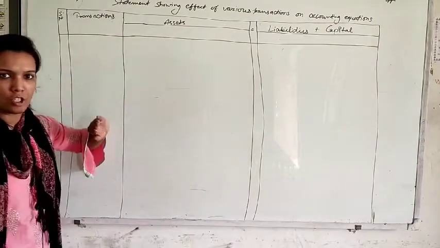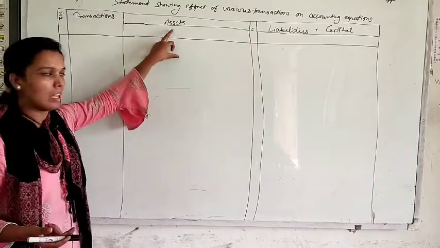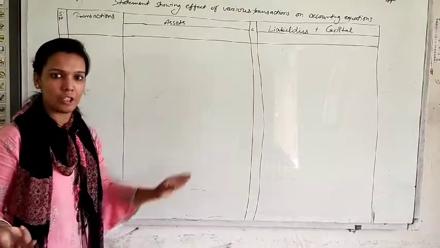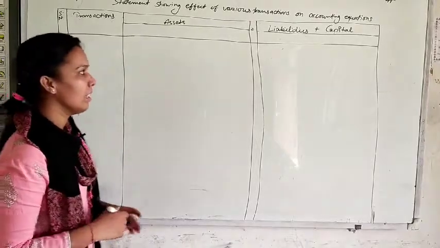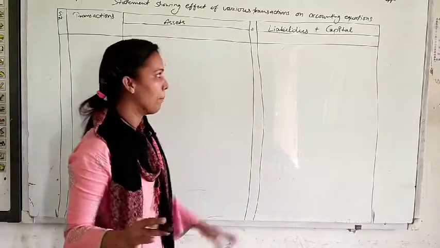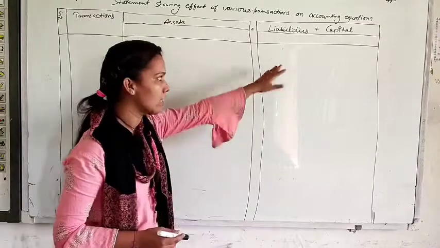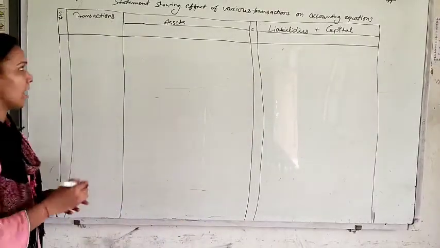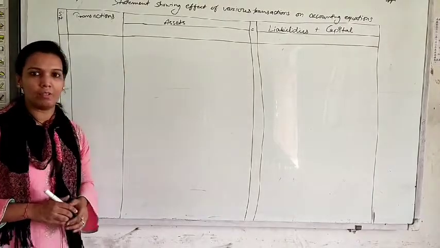Suppose you have cash in the question, then we will make a separate column for cash. If you have stock in the question, we will make a separate column for stock. If you have some other asset like furniture or plant, we will make separate columns for those assets also. In the same way for liabilities and capital: capital is a single term, but liabilities may have parts like creditors and loan, so that is separated here. That's why I drew this second line. So let's start according to the question, and see which columns we have to prepare for assets and liabilities.